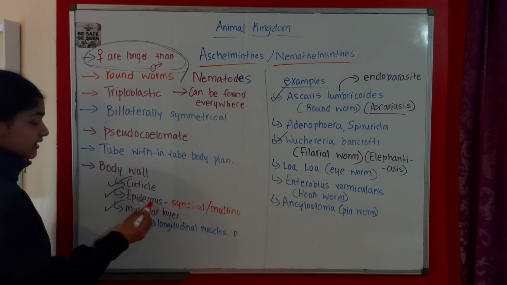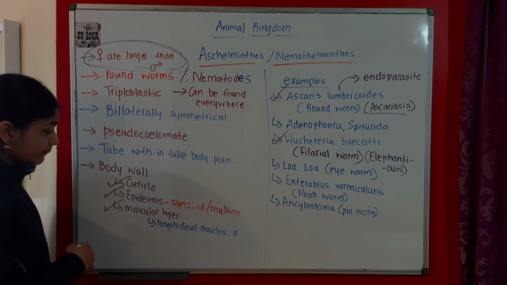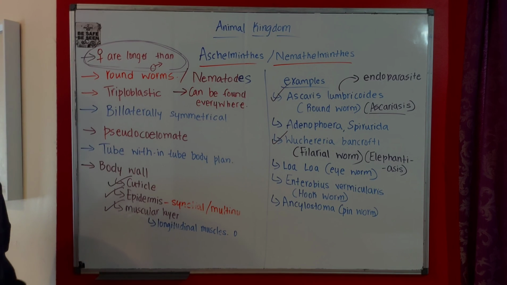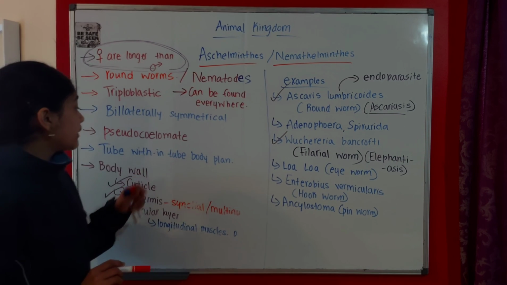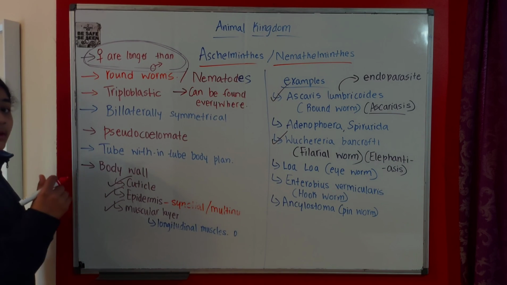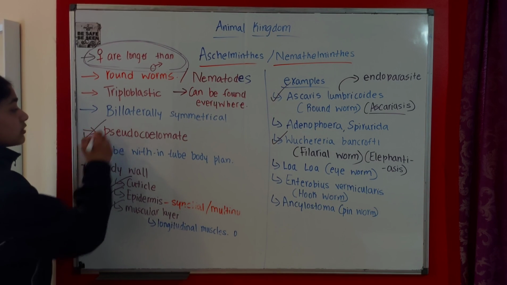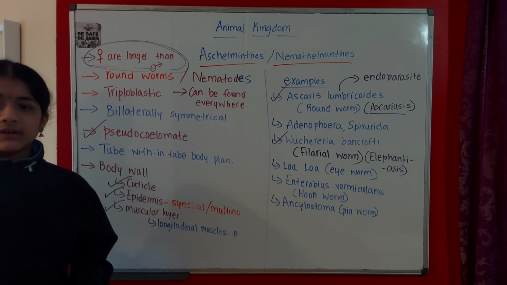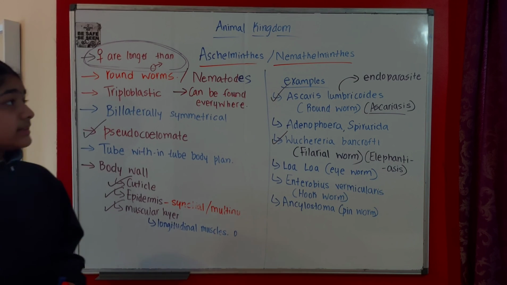One more, syncytial epidermis, this is an important one, and the mouth with 3 to 6 lips with sensory papillae, that is important, and this one as well, longitudinal muscles. It doesn't contain circular muscles, it only contains longitudinal muscles. And a complete digestive system, this is where we are seeing the complete digestive system. In Platyhelminthes, it is incomplete, a blind sac body plan. And also pseudocoelomate. This phylum is a bit more developed. In the previous phylum, we have seen it is acoelomate. Here it is pseudocoelomate.